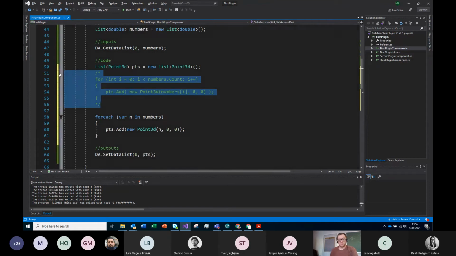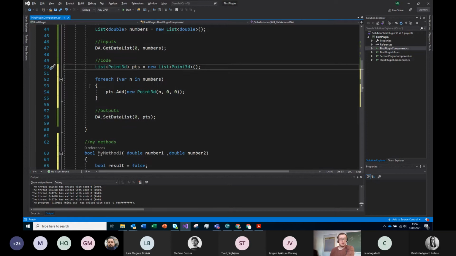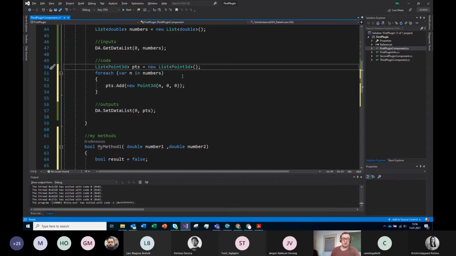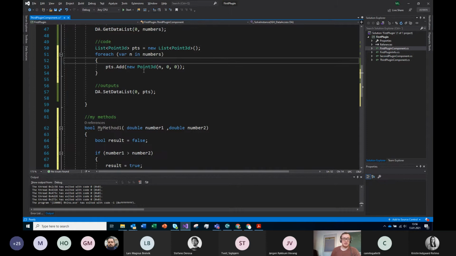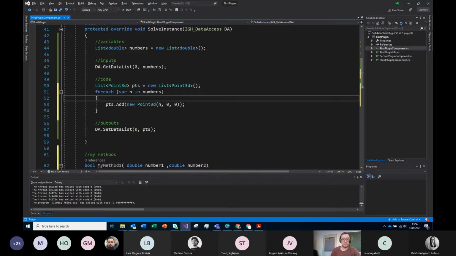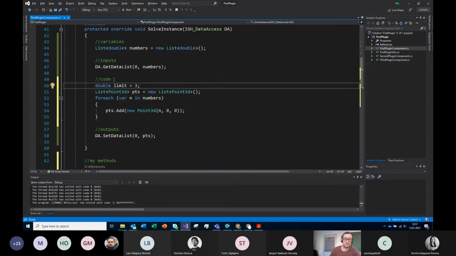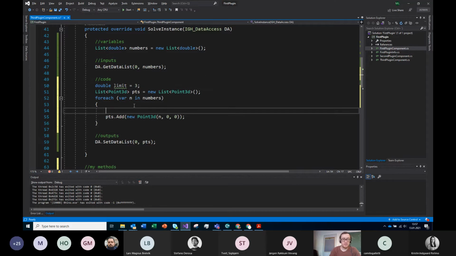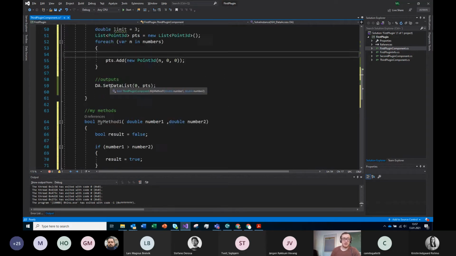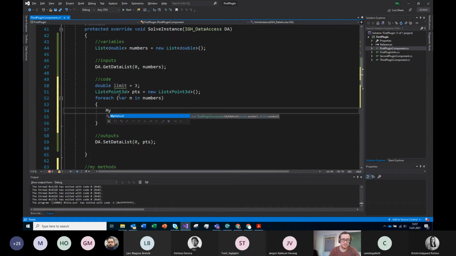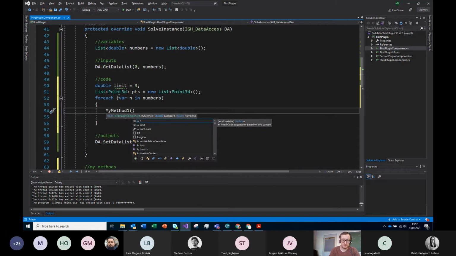So I will right now delete this for loop. I will leave only the foreach loop. And inside this, I would like to test if this n is bigger than some kind of number. Let's say that I will declare double limit, and I will set it as 3. So the limit is 3, and then I want to use my method 1. So I will type my method 1, open the brackets,